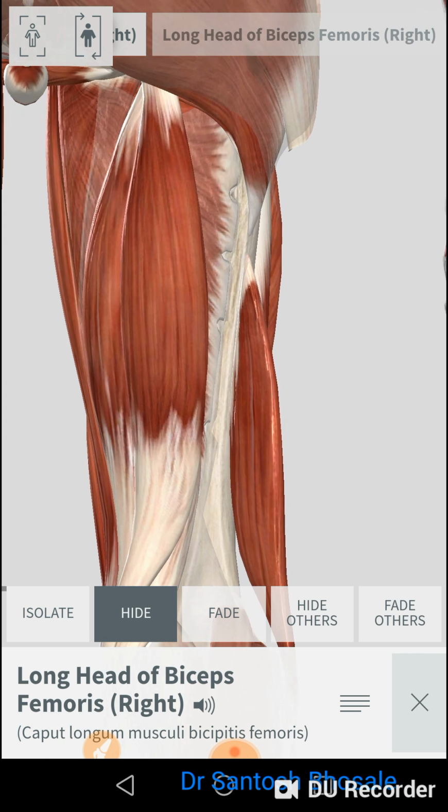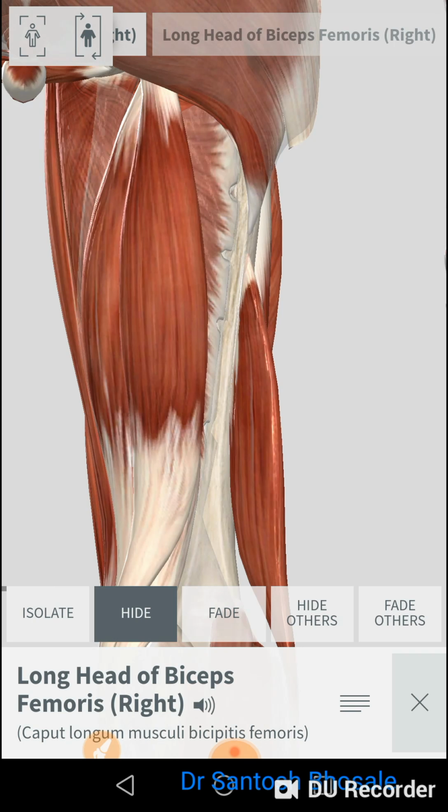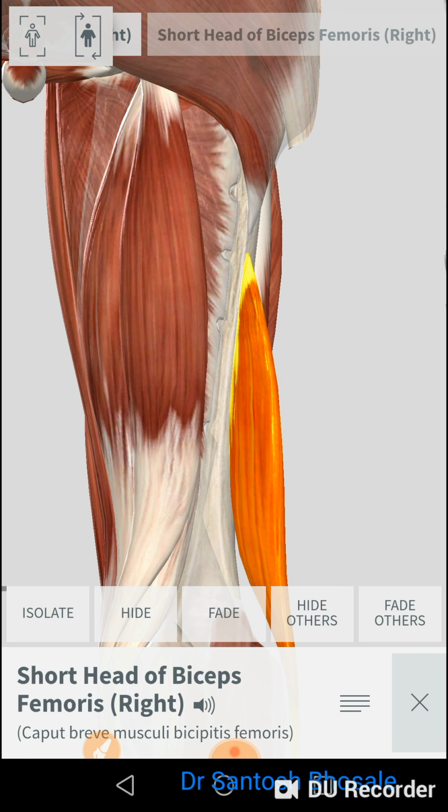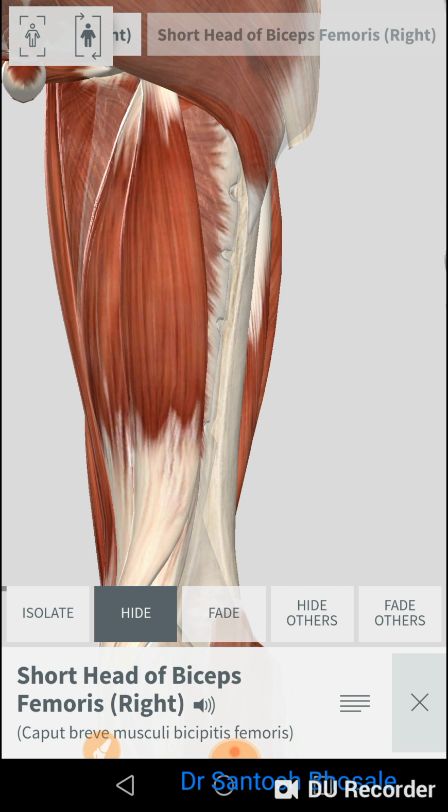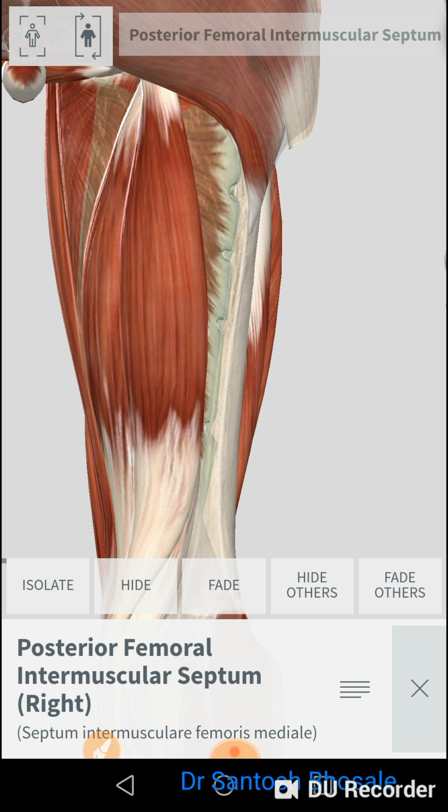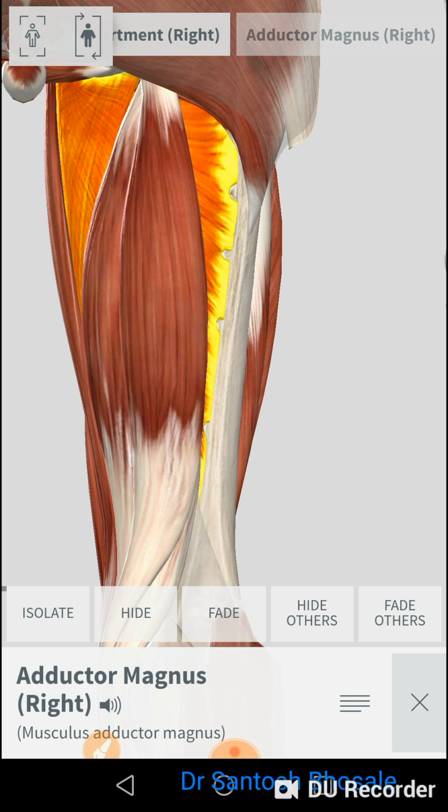Then you can see the short head of biceps femoris. The long head of biceps femoris comes from the ischial tuberosity. The short head of biceps femoris comes from linea aspera. Then you can see here, that is the posterior intermuscular septa. Then we can see adductor magnus attached to the